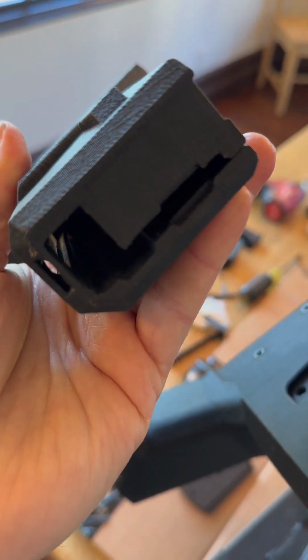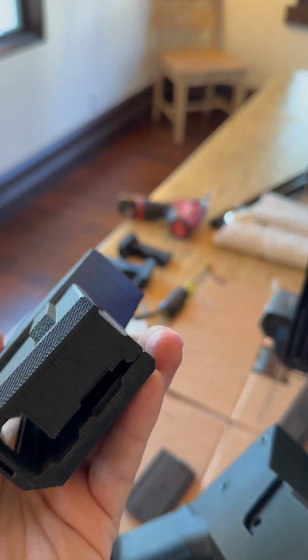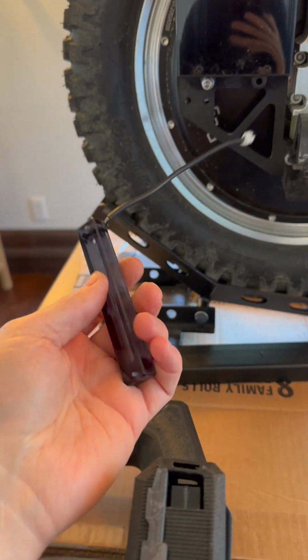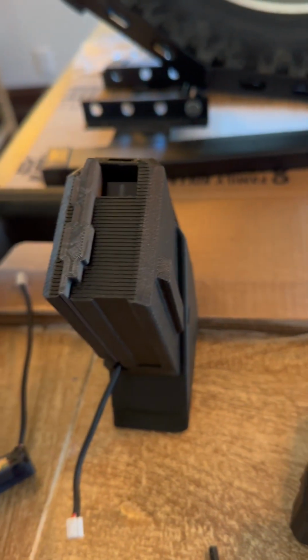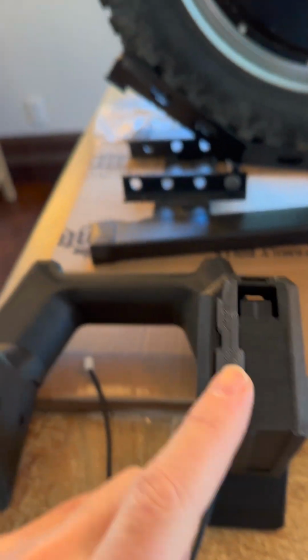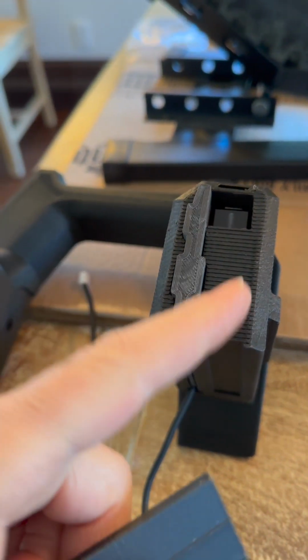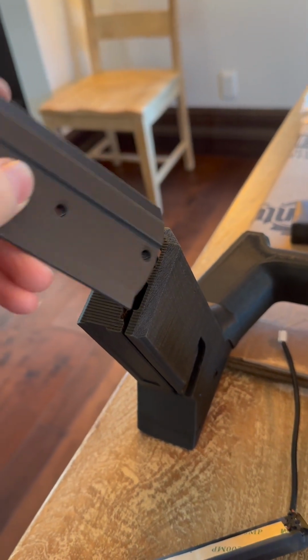The light goes in here and it routes the wire on that side, which if you look at it, actually needs to be switched in order to go in correctly. So another interesting note. Okay, I think the best way to do this is just remove them. And then, see, I've got this one in, and I've got the little plug piece that goes in. So this one, I'll show you how this one goes. The rounded side goes in first,